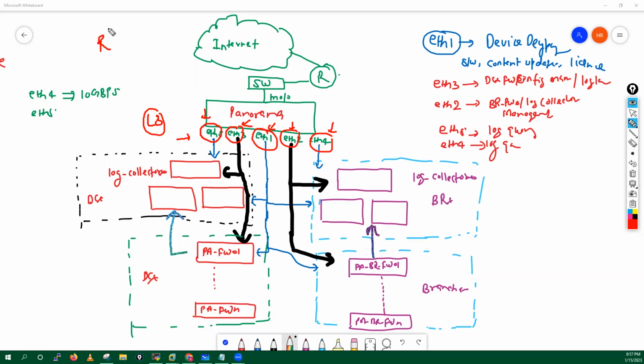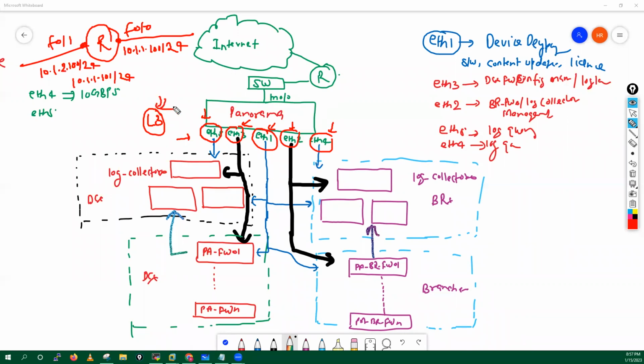In your router, let's suppose you have an F0/0 interface and an F0/1 interface. Let's say here you have the IP address 10.1.1.100/24. Then here you need a separate subnet, maybe 10.2.1.100/24. You cannot configure 10.1.1.101 on the F0/1 interface. Are you able to configure this IP address on the F0/1 interface? No, right? Because they should be in separate Layer 3 domains. Okay. Yes, I got it. Thank you.